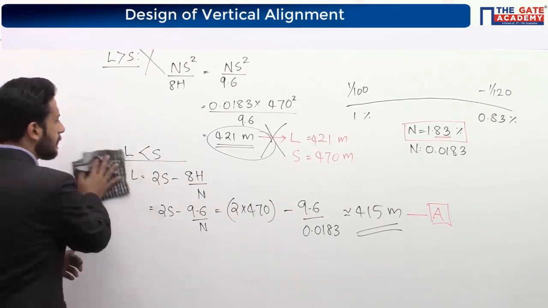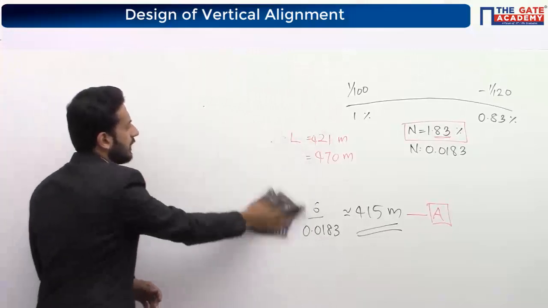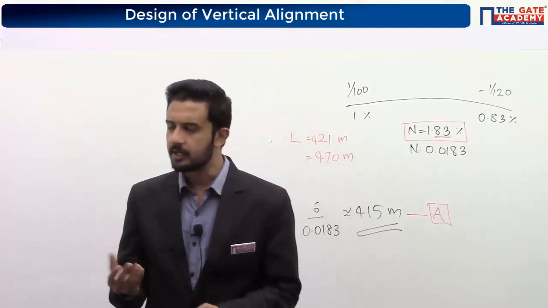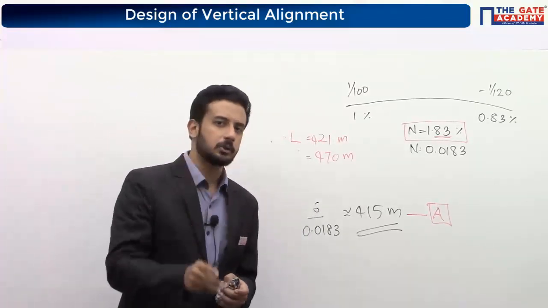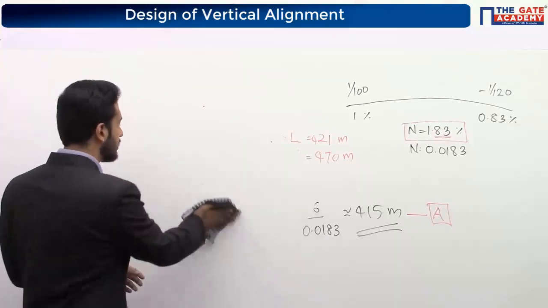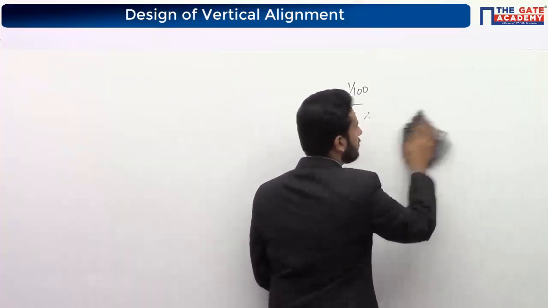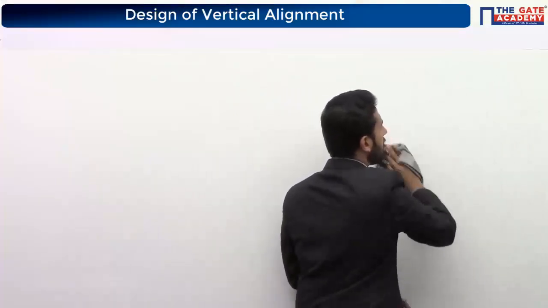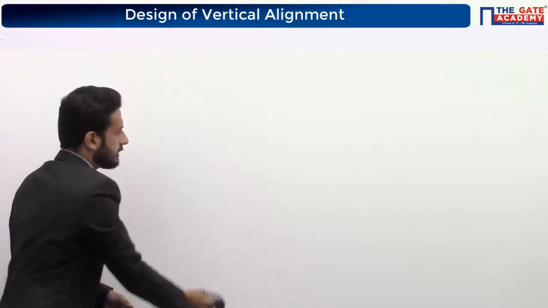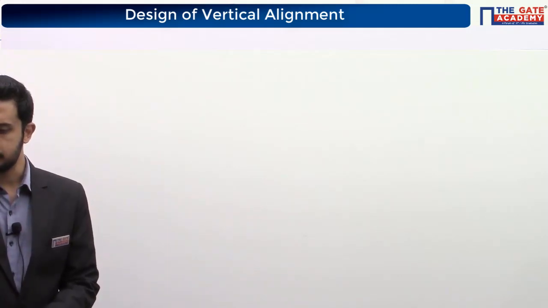Actually, we require only length calculation. But a few points, I told you, like some years they asked some tough questions. For 2 marks, I told you if they are asking for 10 marks transportation, a 2-mark question may be tough. Recently also, just one question they asked, a kind of tough question. But what happened, they had just incorporated surveying. Have you studied point of curvature and point of intersection in surveying? What do you mean by point of intersection, point of curvature?